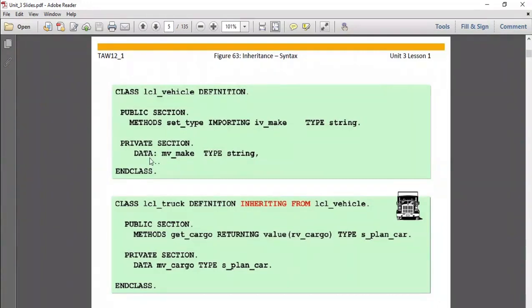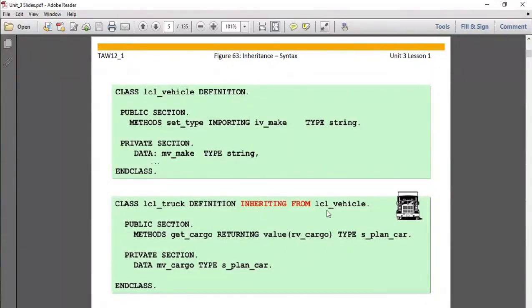Now we want to get the derived class. How can we declare it? CLASS lcl_truck DEFINITION, then we use the addition or keyword INHERITING FROM and the base class name. The base class name was lcl_vehicle. Now this class should also have its public section and private section.